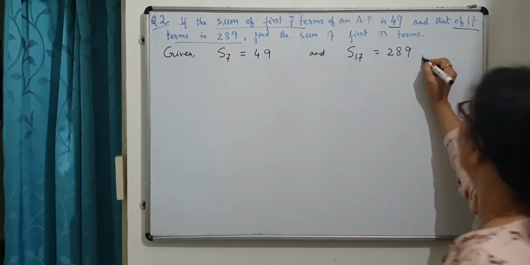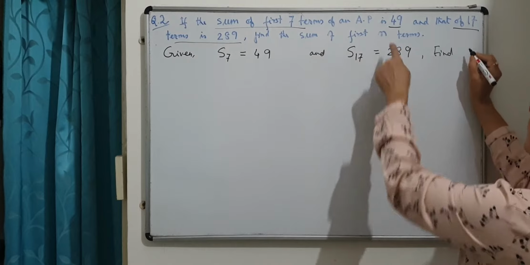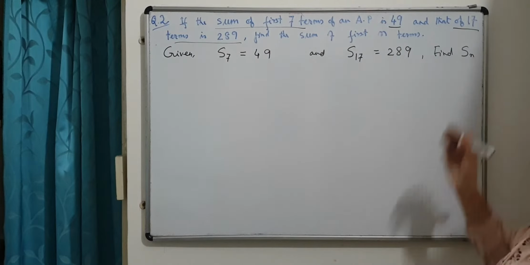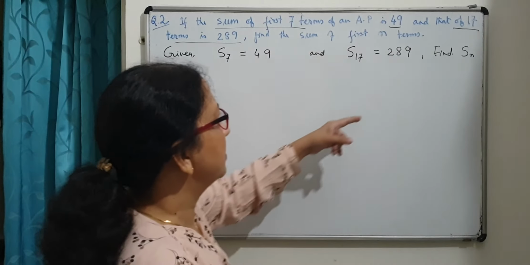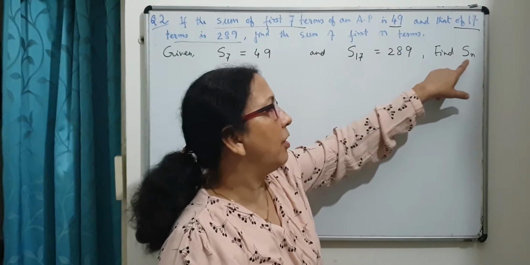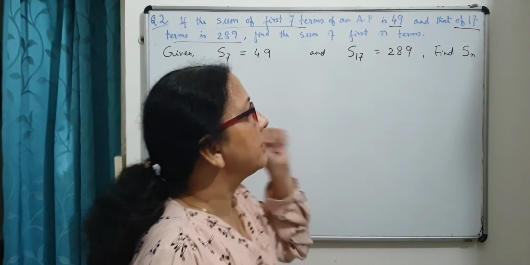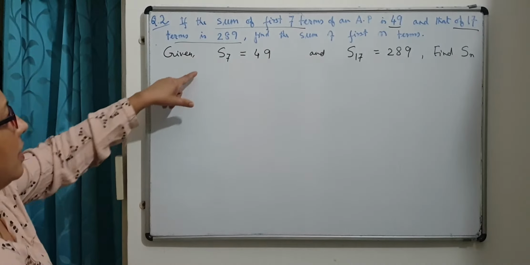These two are given, and what to find? You have to find the sum of first n terms, that is nothing but Sn. That is the convention of writing sum of first n terms. The suffix gives how many terms we will be taking, up to which term we will be adding the terms, and always the sum is from the beginning. So now let me